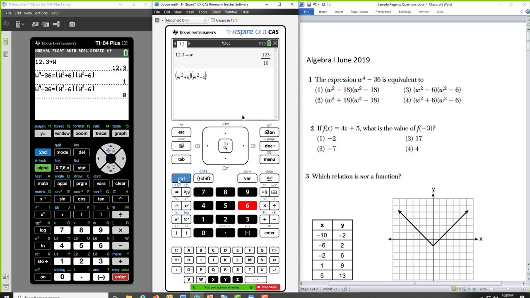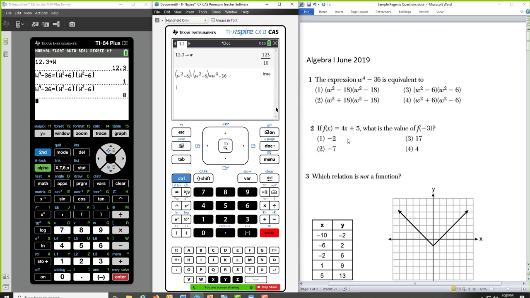You know what? I'm already getting ahead of myself. I should have put in the original, but we can work it on the fly. That is equivalent to w to the fourth minus 36. And on the Nspire, instead of a 1 for yes, 0 for no, you get a true-false output. That's the only major difference.